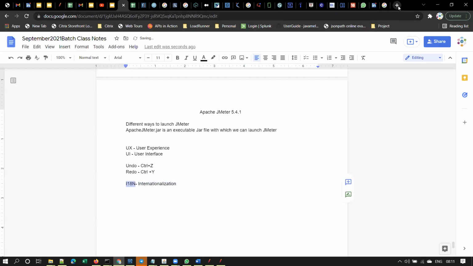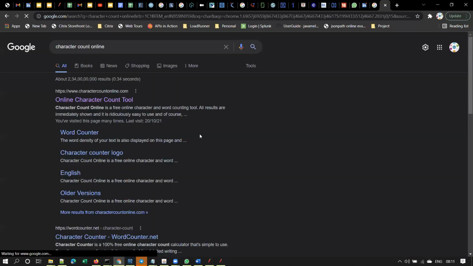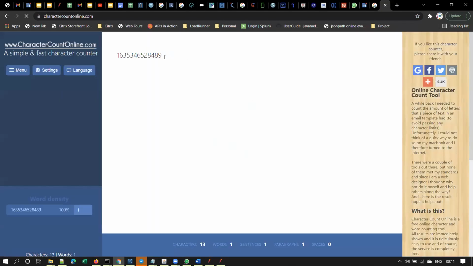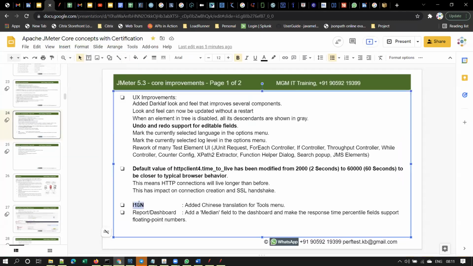If you observe, there are 18 characters between I and N. Let me paste that word here. There are a total of 20 characters, 20 alphabets, in this word. So between I and N there are obviously 18, if you exclude I and N. That's why the shortcut is called I18N. Clear, guys? What is this I18N?